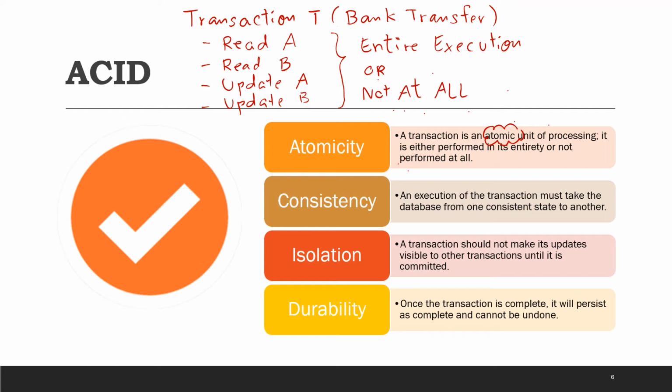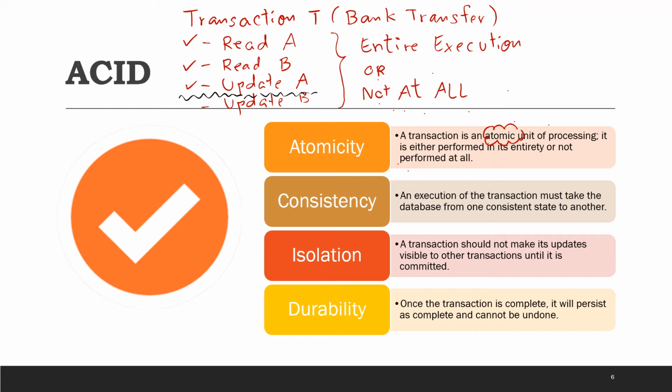Of course, it can happen that once the database executes transaction T, it may execute the first operation, second operation successfully, then third operation successfully, then the system crashes, meaning that it cannot continue the execution, right? But this will leave the system in an inconsistent state. Definitely, data will be wrong, right? Because we deduct the money from account A, but we have not deposited the money to account B. So once the system is up and running,